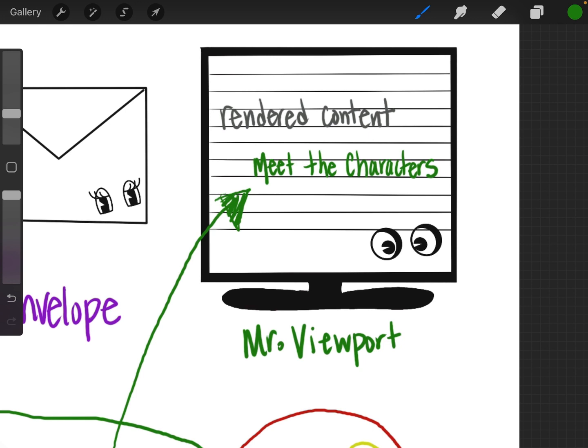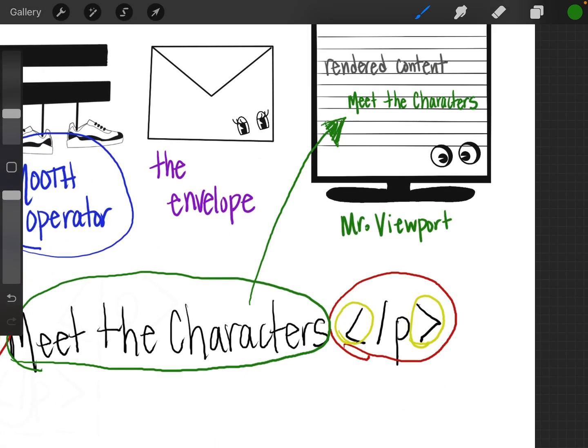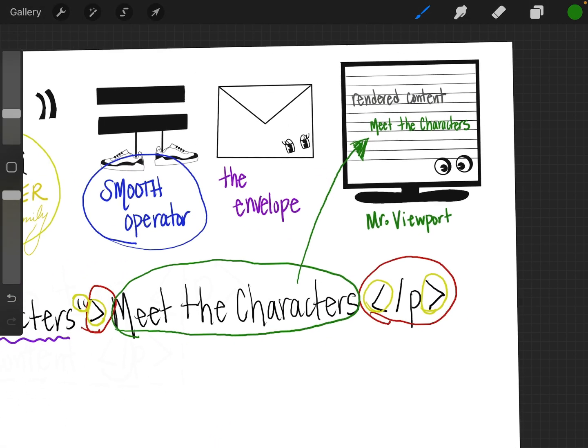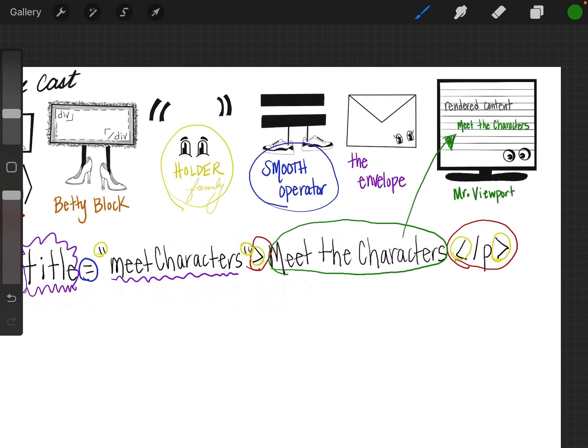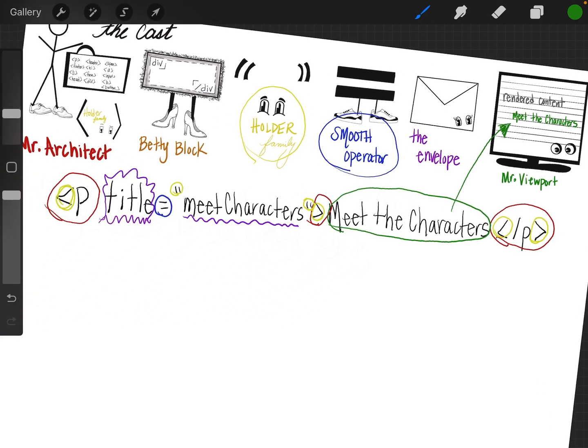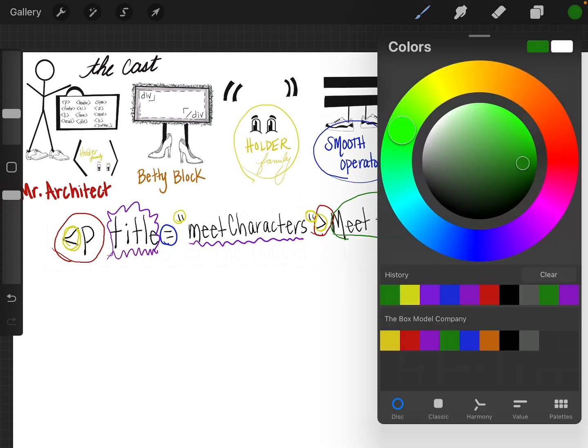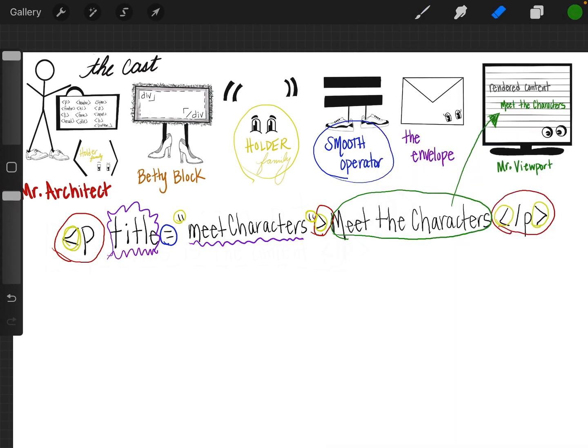And if you have an empty content tag, then nothing is going to show on the viewport, which was a little bit confusing to me at first, because I said to myself, well, you have information, so why is nothing showing up? I remember getting so frustrated because I thought I coded it all correctly, and nothing was showing up. What I realized very quickly about why that was happening,